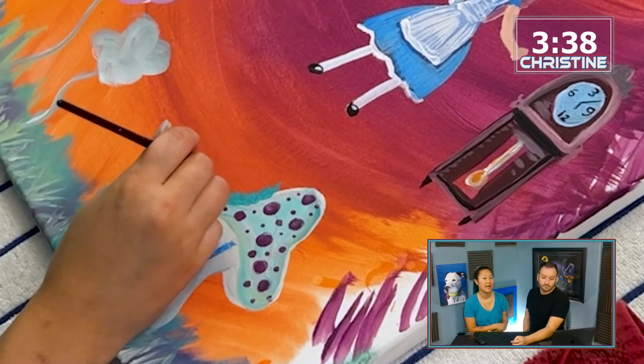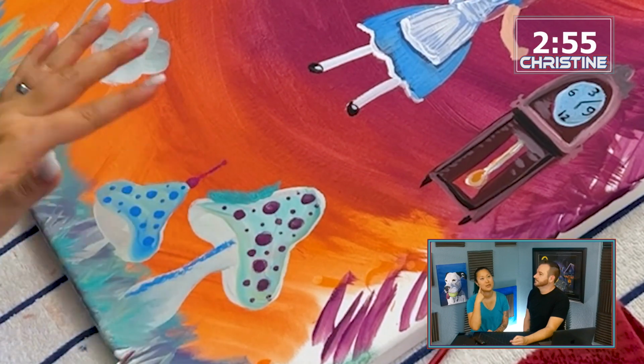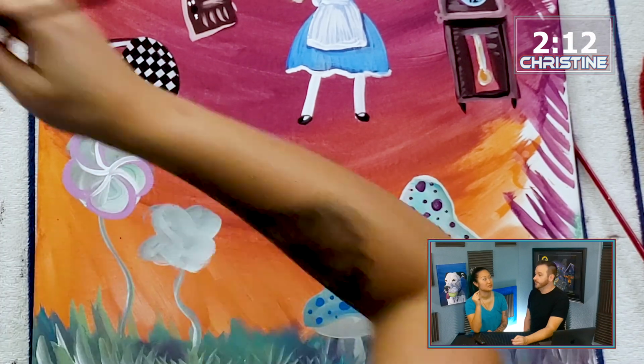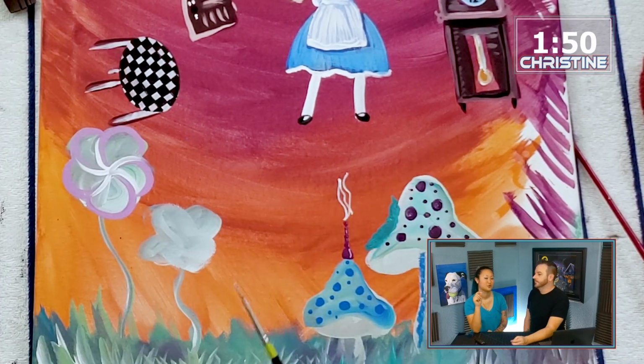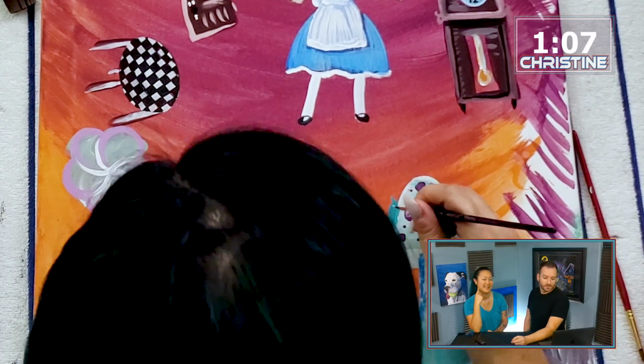So I was running out of detailed ideas, so I was trying to think, like, what other characters can I draw that doesn't involve that much detail? And I drew the caterpillar in there. Oh yeah, Alice in Wonderland needs a caterpillar. Yeah,